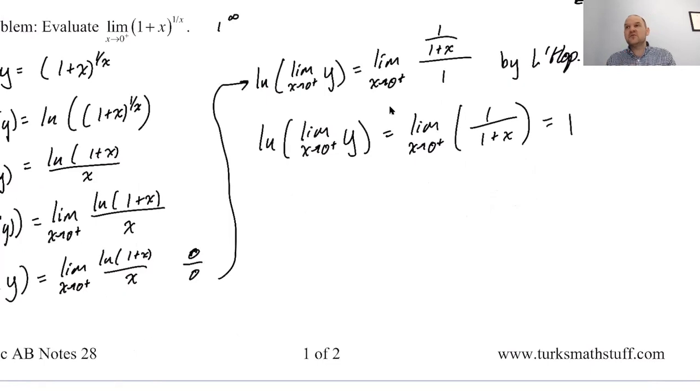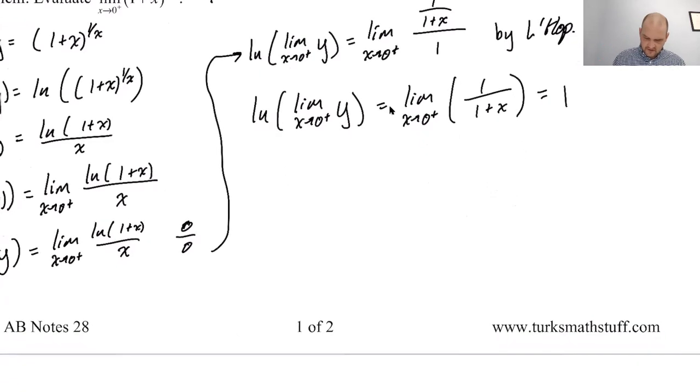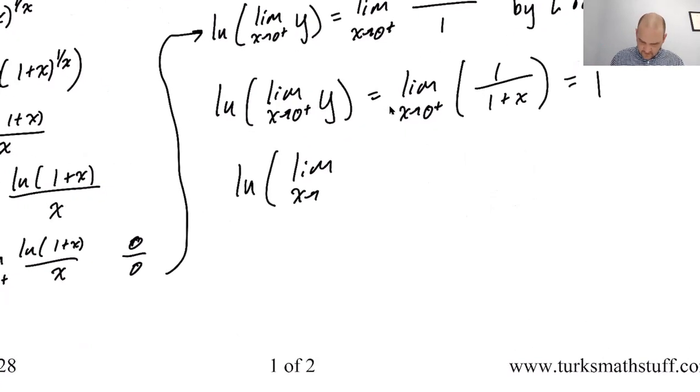The most common wrong answer here amongst people who are doing it mostly right would be to say that this limit is 1. This limit is not 1. This is the natural log of the limit. So here we have the natural log of the limit as x approaches 0 from the right of y